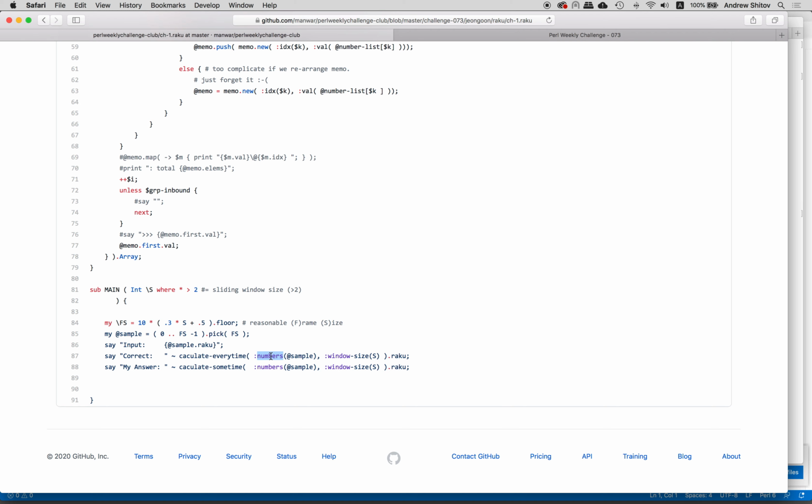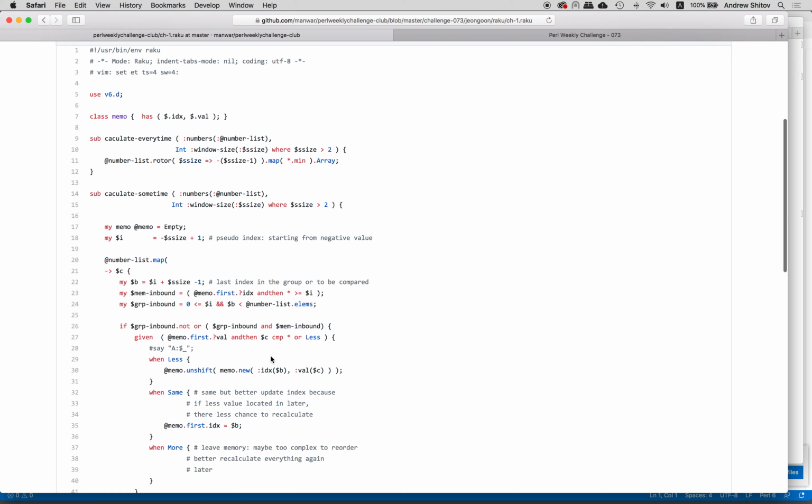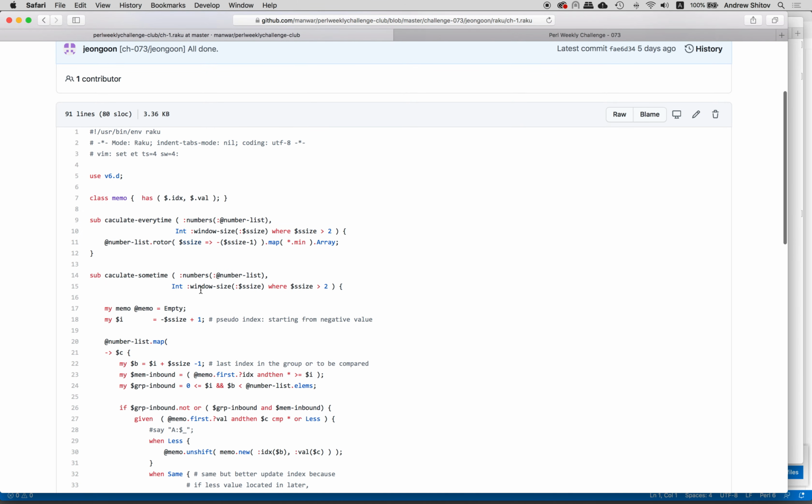So we are passing two named parameters, number and window size, in both cases. And okay, so calculate every time. Right, so that's the solution that I hope we will see in more